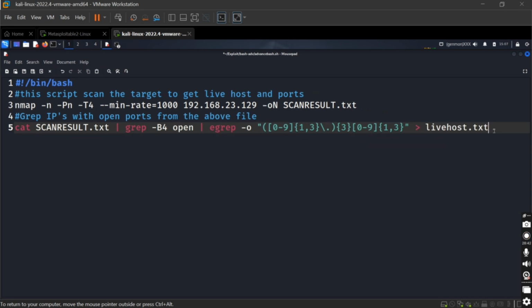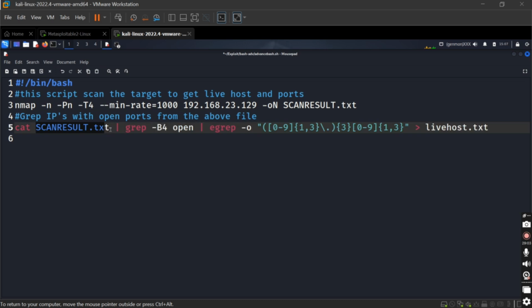Okay, all right. So let me explain this particular line now. You know what the cat command does, right? We're trying to say, once you're done with this, save, that's for line 3, perform a scan on our target, save the results to this particular file, and now our line 5 is saying open that